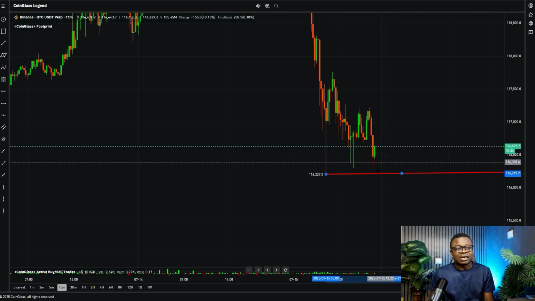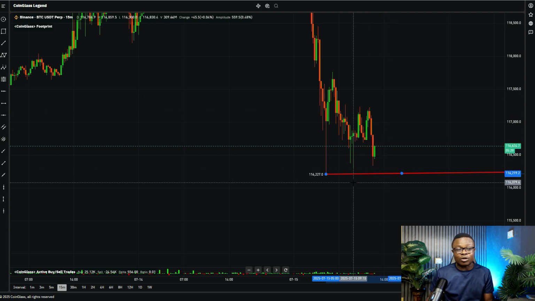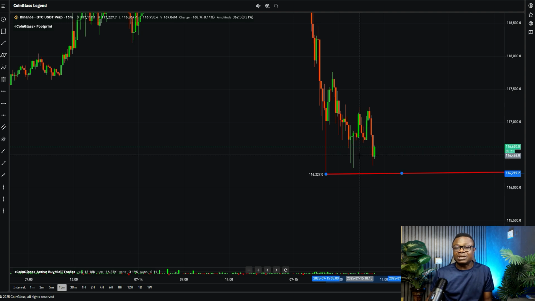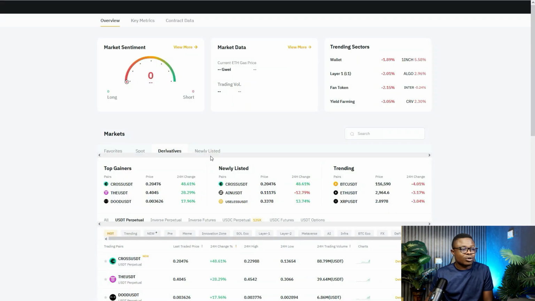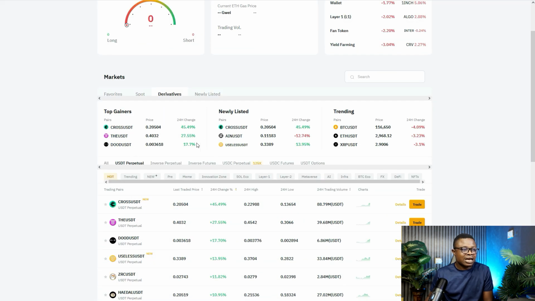If you understand it, if you love trading BTC because you want to make good profit trading BTC, you definitely need to use a high leverage, maybe not 10x, 25x, 50x, or 100x leverage, right? But if you don't want to use that high leverage, then you could actually be looking at some other altcoins in the market and start taking trades on those particular tokens, right? So for the THE USDT, it's very simple.